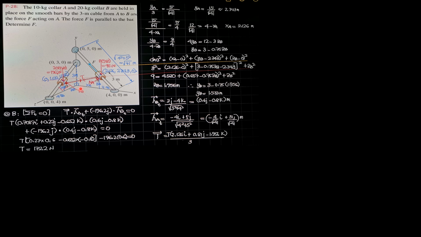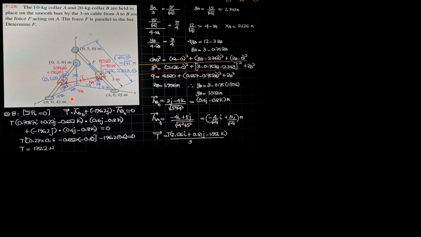So that the normal reaction, which is perpendicular to the axis of the bar, will have no component in the direction of the bar, then we apply that product. So summation of forces along the tangential axis in that direction equals 0. So we have to obtain the component of T in the direction of the axis of the bar, plus the component of this mass, whose weight is 20 times 9.81, so 196.2.